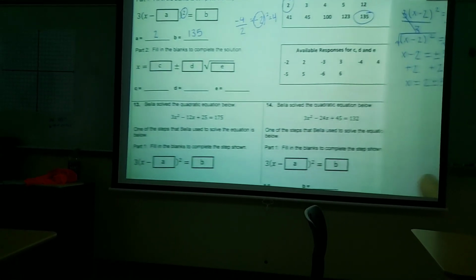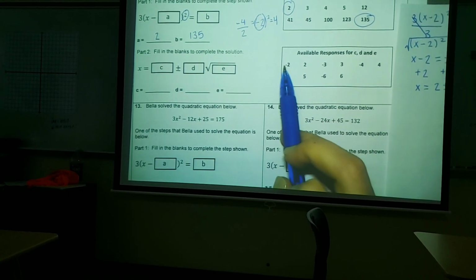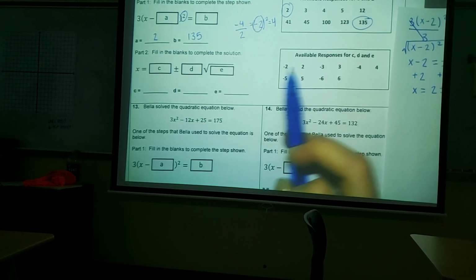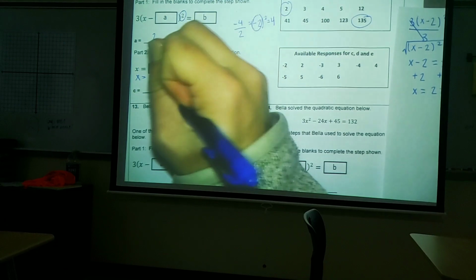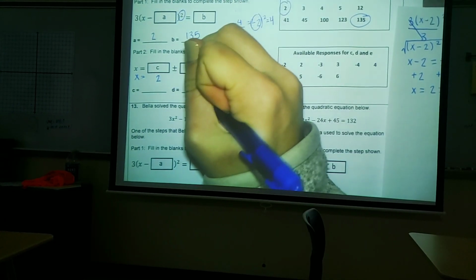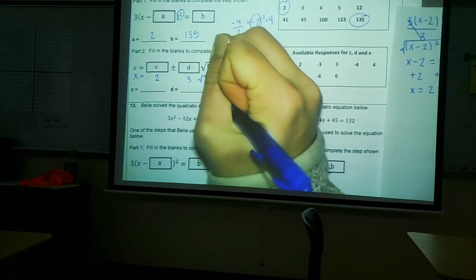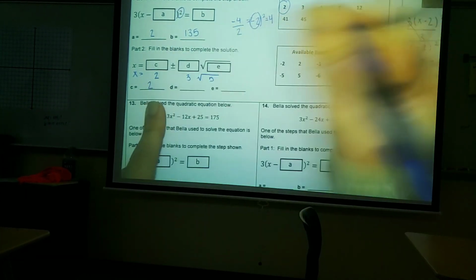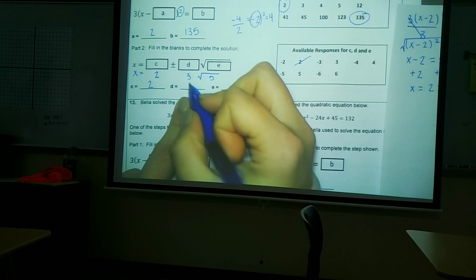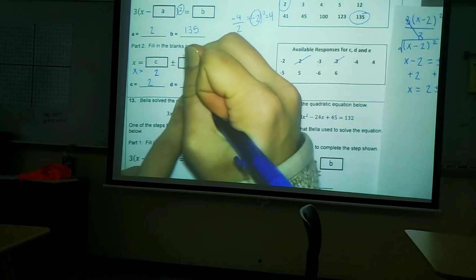Now be careful when selecting your answer choices here because we do have positive and negative versions of our solution. So if I just want to write it underneath to make sure I'm getting them in the right spot, 2 and then 3 radical 5. So all the numbers I'm looking for should be positive. So my C is going to be 2, my D is going to be 3, and my E